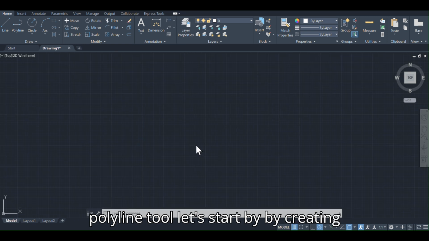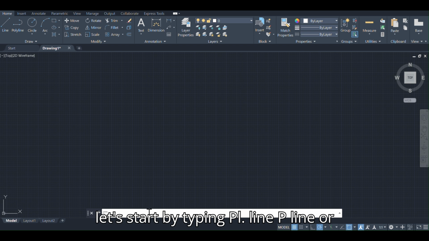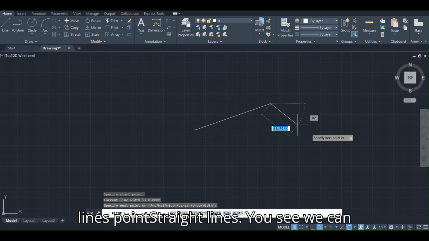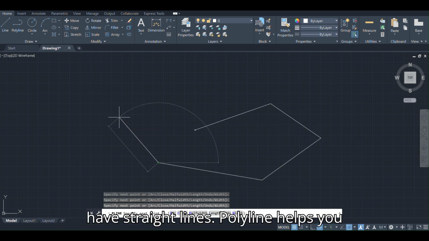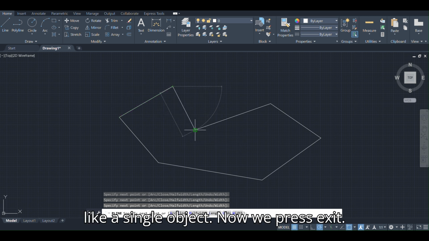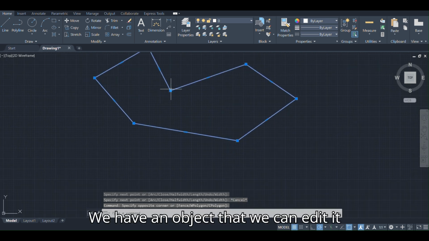Part 2, the polyline tool. Let's start by typing PLINE, P line or PL, enter. Click on the points to create straight lines. You see, we can have straight lines. Polyline helps you create a continuous shape that behaves like a single object. Now we press exit. We have an object that we can edit